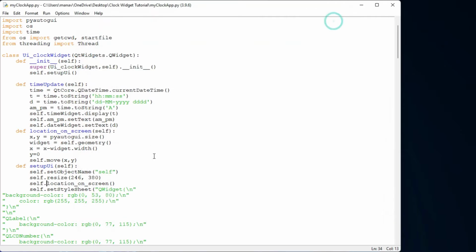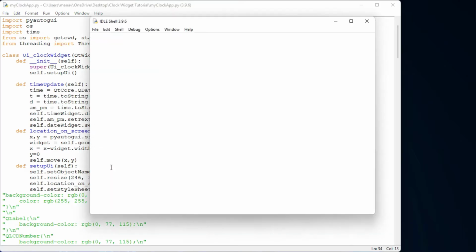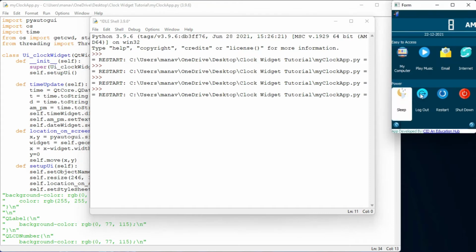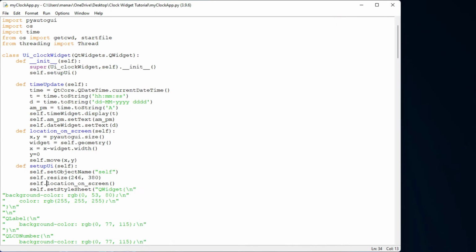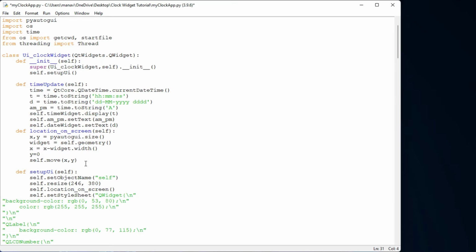Now it's time to add functions for our buttons. So first of all, let's add the functions for our easy access buttons. For these easy access buttons, I'll come here and make the methods for all these 4 buttons. First of all, let me create the function for opening my computer.